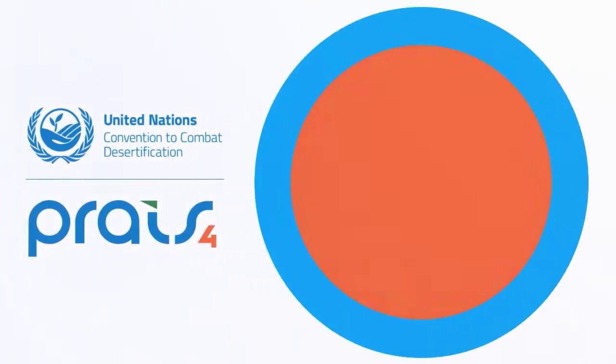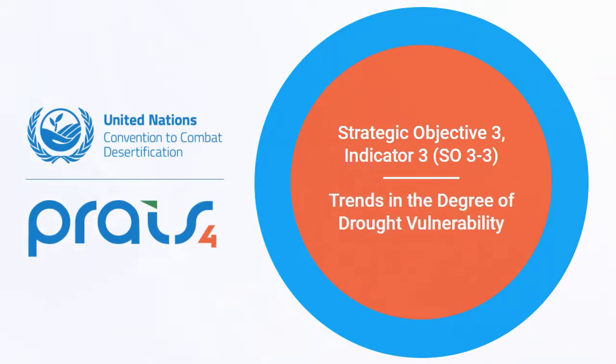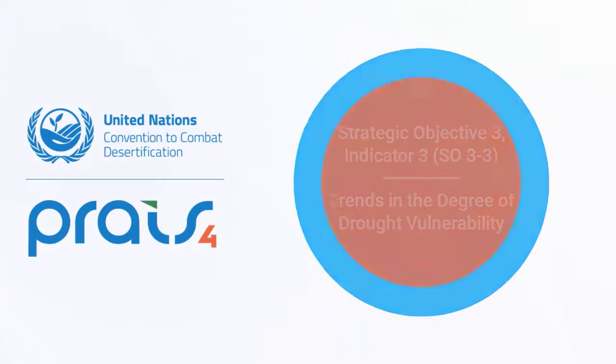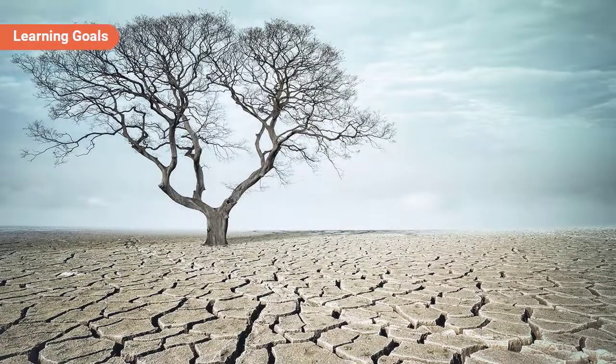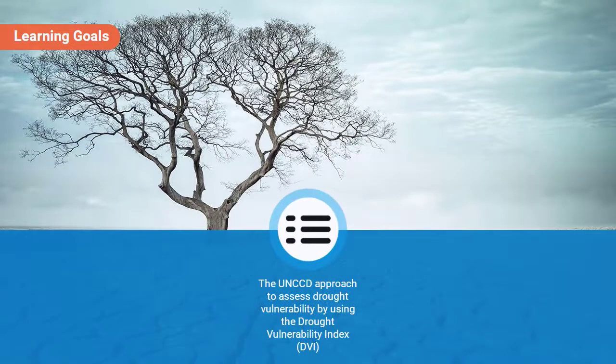Hello and welcome to the video on Strategic Objective 3, Indicator 3, or SO3-3, Trends in the Degree of Drought Vulnerability. By the end of this video, you will know more about the UNCCD approach to assess drought vulnerability by using the Drought Vulnerability Index, or DVI,